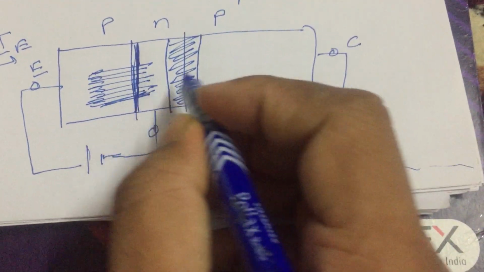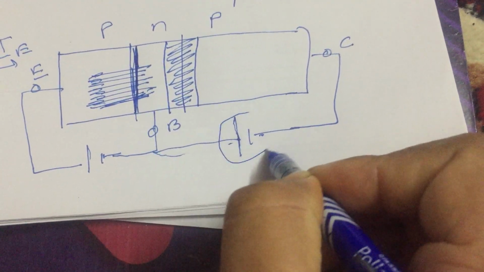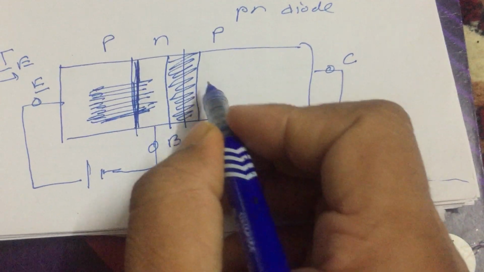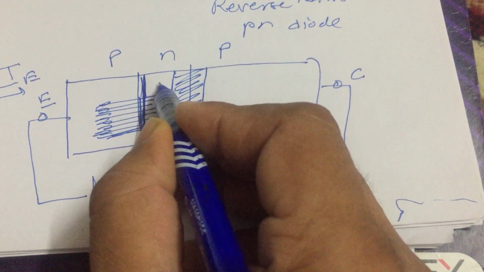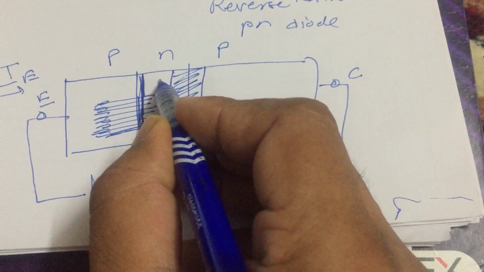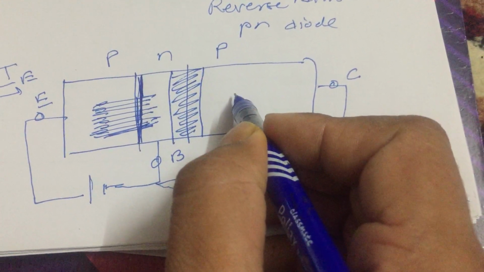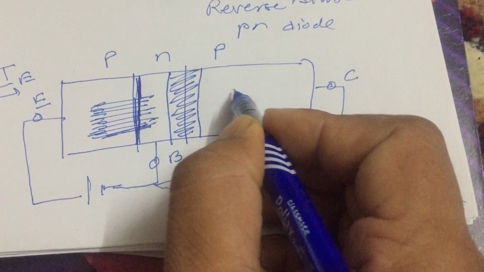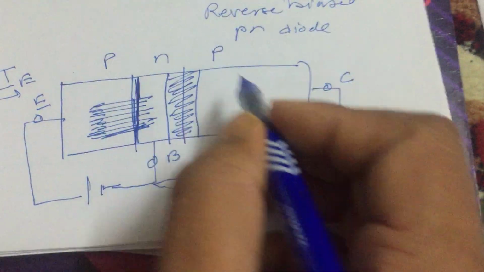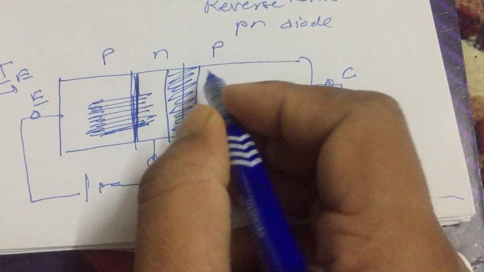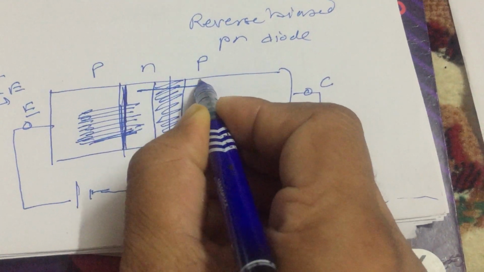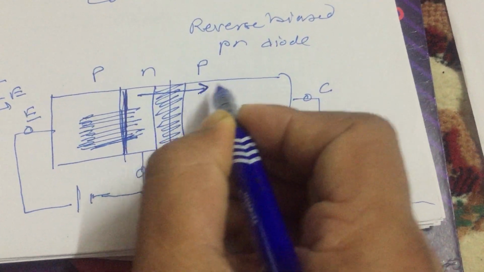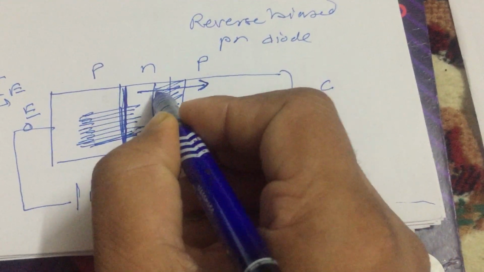Again, now this is a reverse bias. So what will the reverse bias do? The reverse bias will stop the flow of majority carriers. Here in N type the majority is electron, so electrons will not be able to cross the junction. And here the majority is hole. Holes are not able to cross the junction. But some minority carriers will cross the junction. Because of this minority carrier, a very small current flows, that is the ICO.